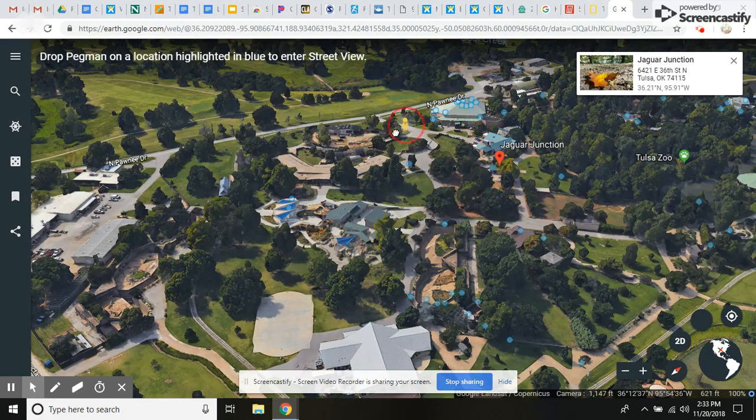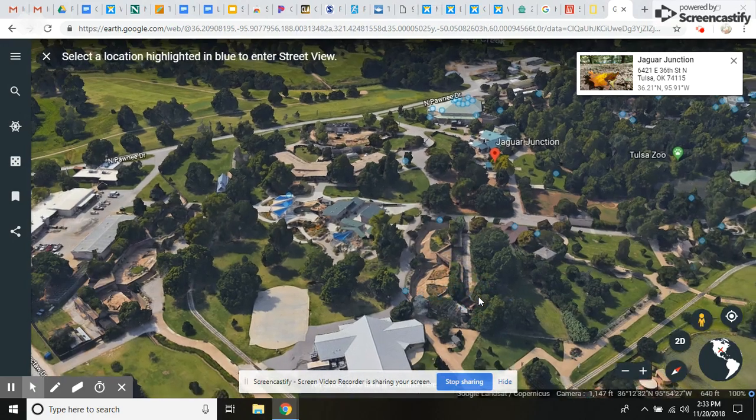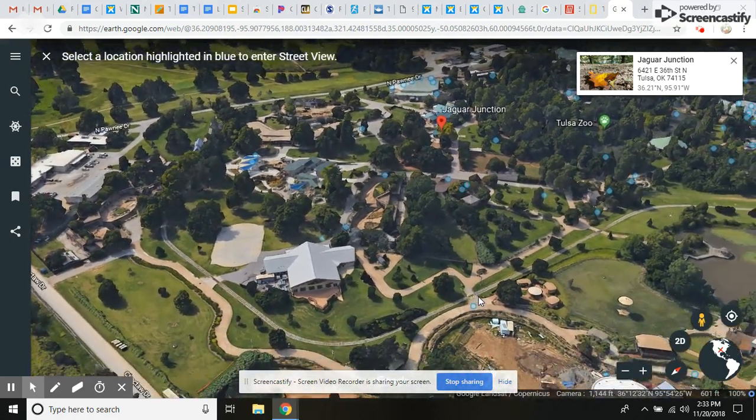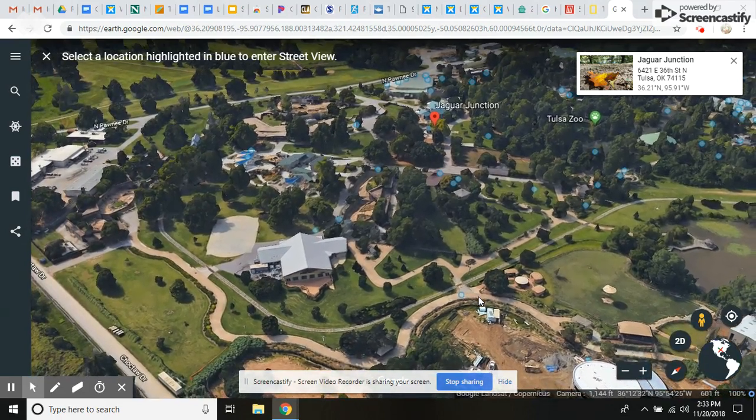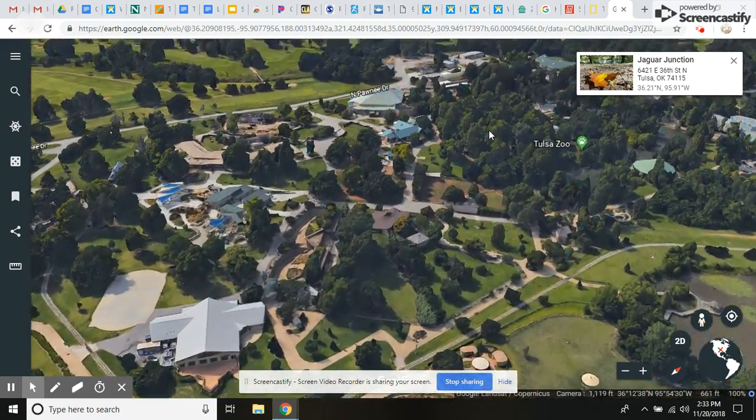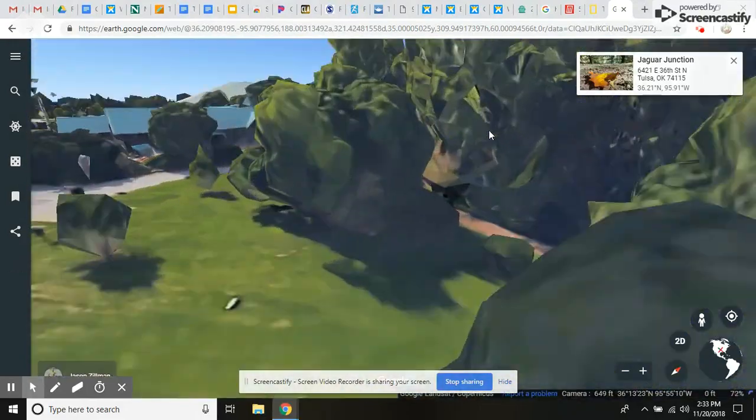Let's find us a little circle. Right there's where we want to go. So it's circling around it. Excuse me. Oh, it didn't take us all the way in. Let's try over here. Oh, there we go. And it brings us in here